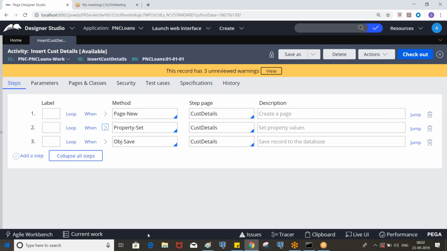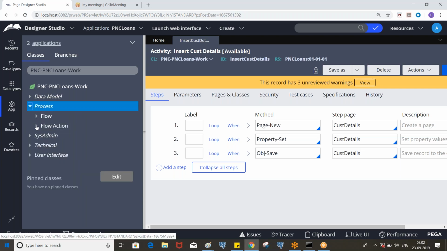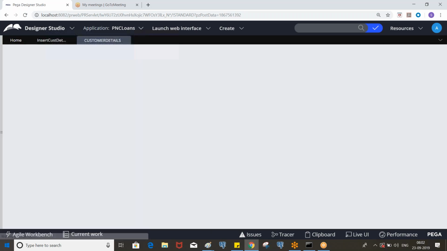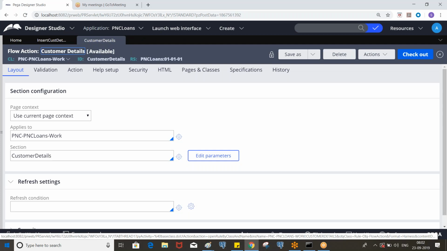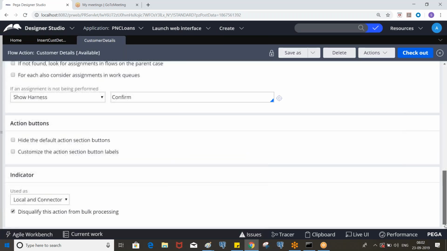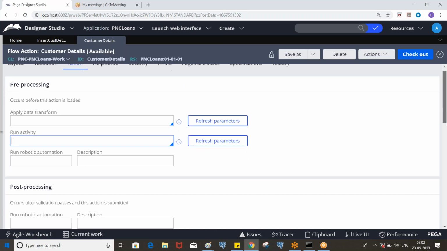One way is the flow action. If we expand the process, we created a flow action called customer details, and inside it we have an option to invoke an activity in the pre-processing or in the post-processing.